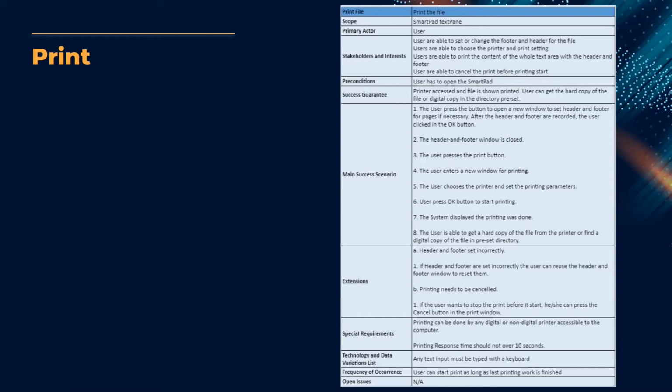For extensions, first, the header and footer are set incorrectly. In this case, if a header and footer are set incorrectly, the users can reuse the header and footer window to reset them. Another case is the printing needs to be cancelled. If the user thinks he doesn't want the print anymore, he can press the cancel button in the print window to stop it. For special requirements, printing can be done by any digital or non-digital printers accessible to the computer,